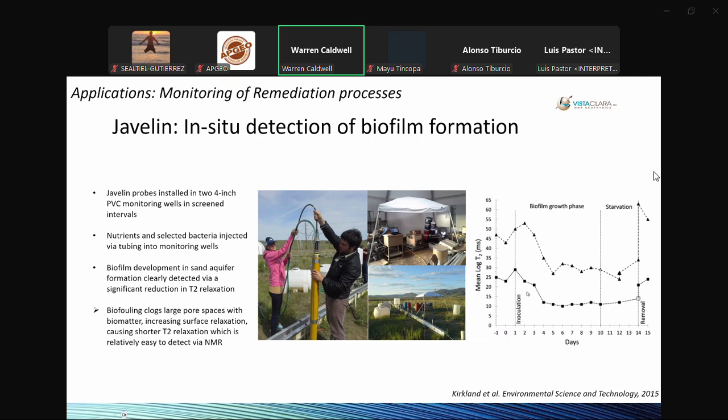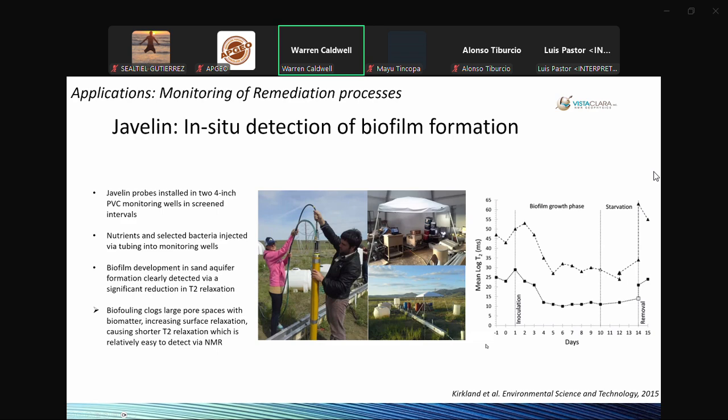You can see as time increases here, the T2 time decreases, and then it reaches a baseline after about 5 days, and then a solution to kill the biofilm was injected at day 14, and the T2 time then returned to its